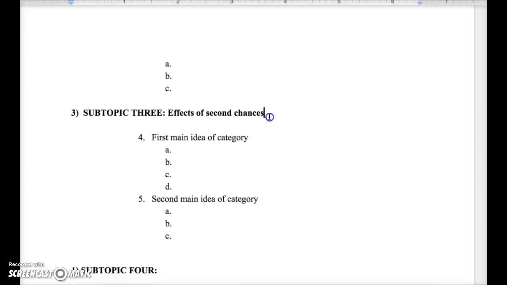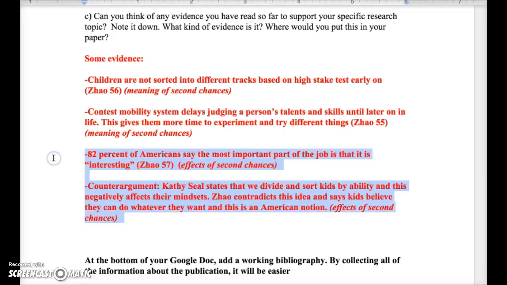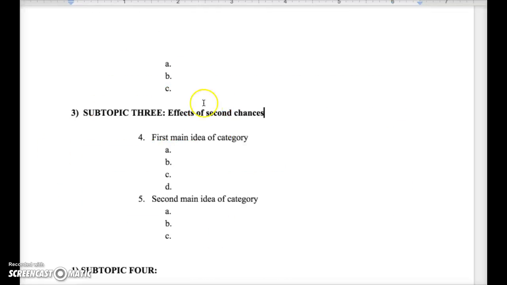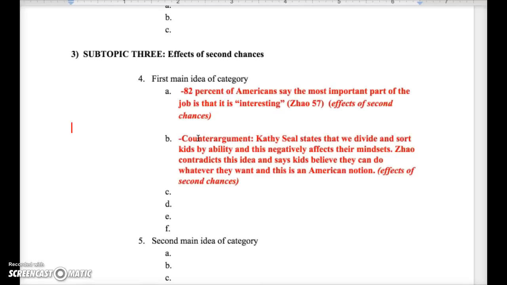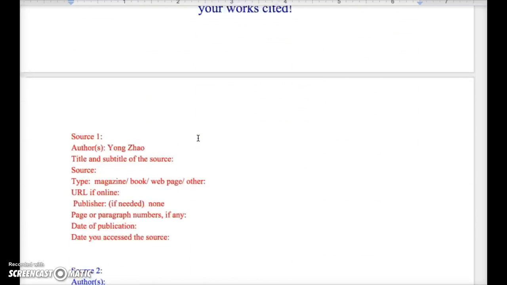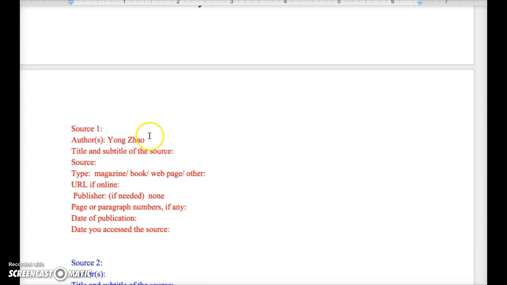He also talks about the effects of second chances. So I'm going to add that as well, these 2 points here. So I'm going to add them here. And it's color-coded. So down here you'll see that I made this Yong Zhao right here. He's in red. So every piece of evidence from Yong Zhao,